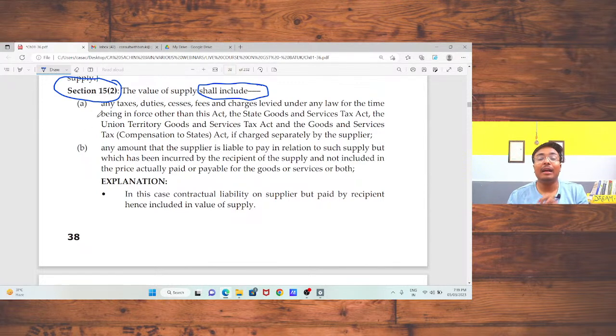If there is any entertainment tax charged, in that case you need to add that tax. If there is any other tax charged under any other act, in that case you need to add those amounts to the transaction value to get the value of supply. So this is related to tax only. Okay,